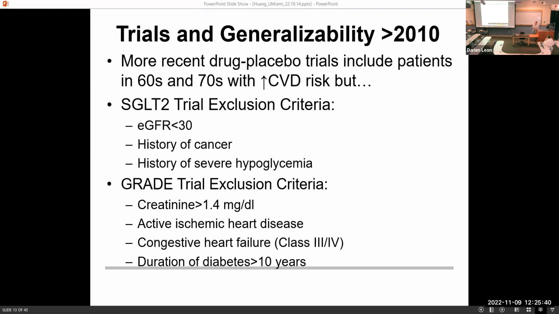So there are still important leaps, basically we have to make translational leaps in our heads when we're taking care of a patient. Would this patient have been qualified for the randomized controlled trial? What's different about this patient we're seeing? And how do we modify the care that we deliver?